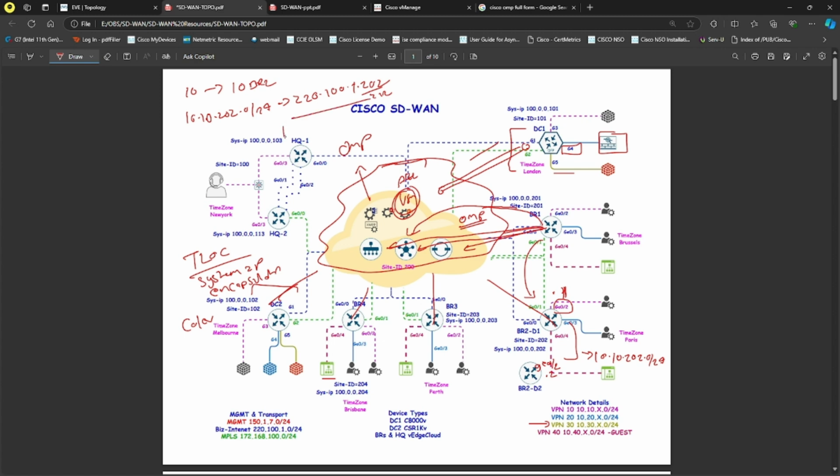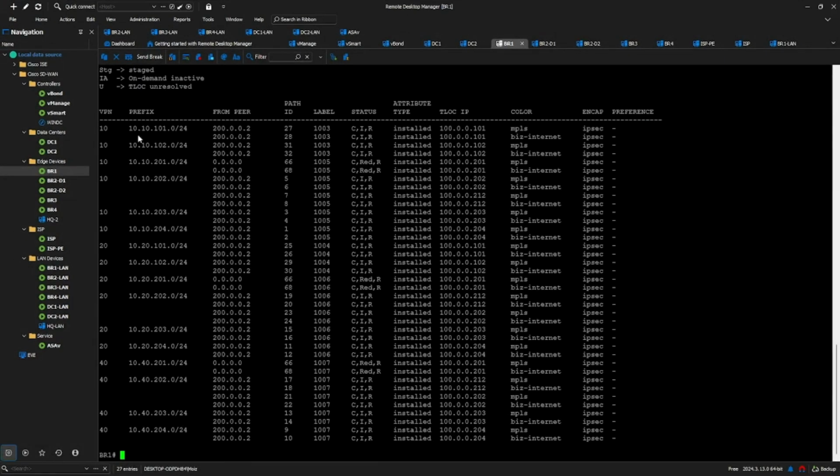If it is going via the MPLS, it should be 172.168.100.202 or 212. But if you go back to the routing table, the same routing table, and I want to go to the 10.10.202